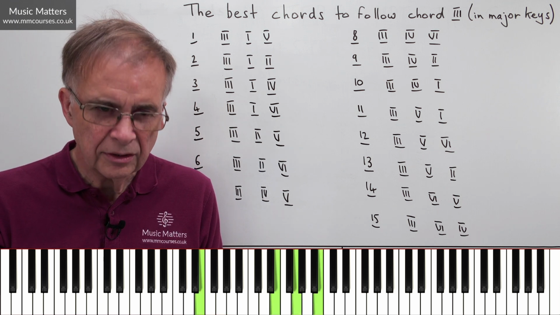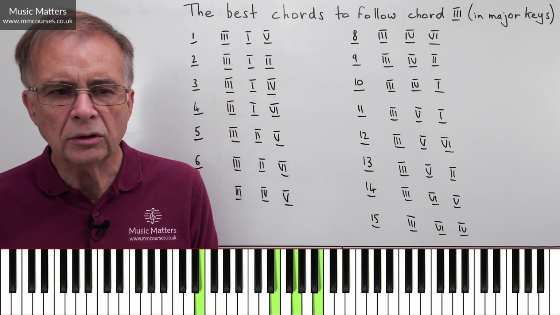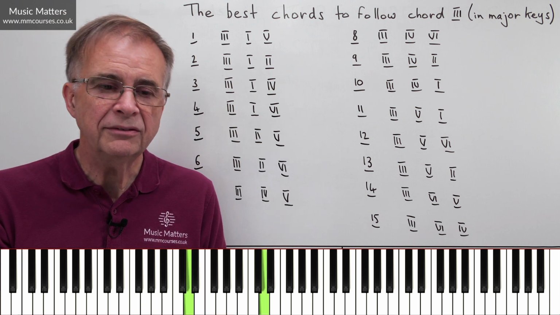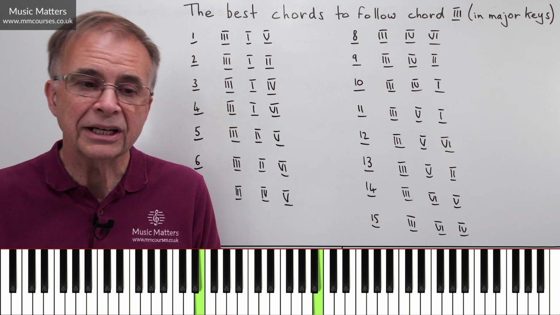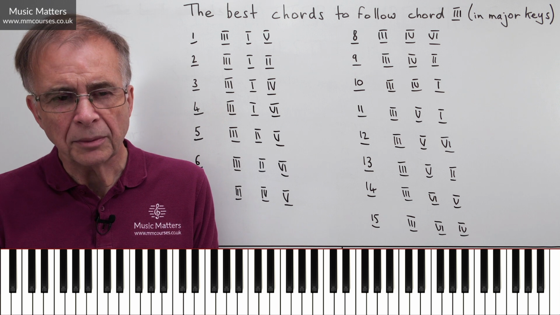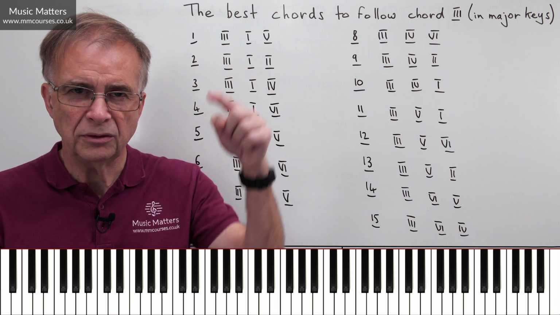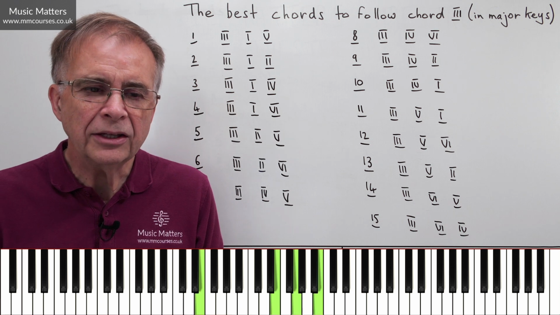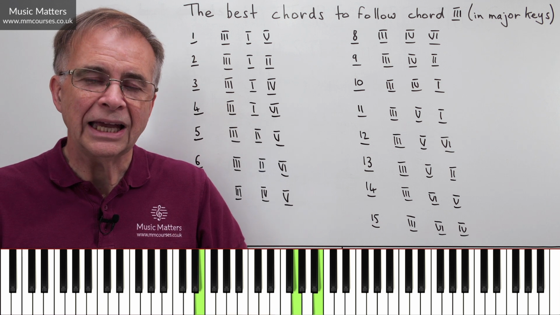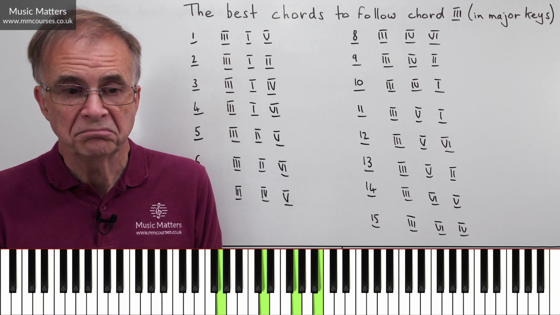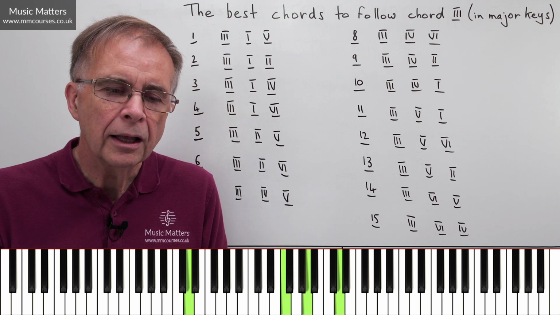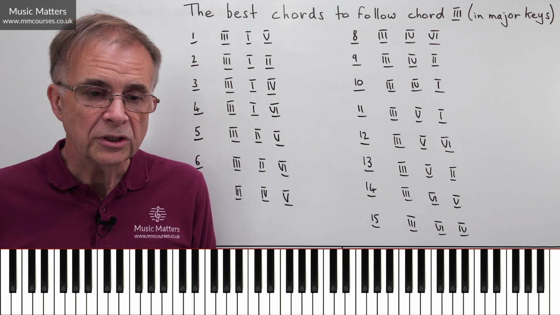If I do this, 3 to 2, with all the parts moving in the same direction, I get what we call parallel octaves or consecutive octaves and parallel fifths or consecutive fifths. So as long as I'm careful that if I'm going to go something like 3 to 2, where the bass is just moving down a note like that, that the other notes maybe go in the opposite direction, what we call contrary motion, then I won't get those parallels or those consecutives. And it sounds quite nice. And you've got a little bit of a melodic shape as well, haven't you? So I think that works quite nicely.